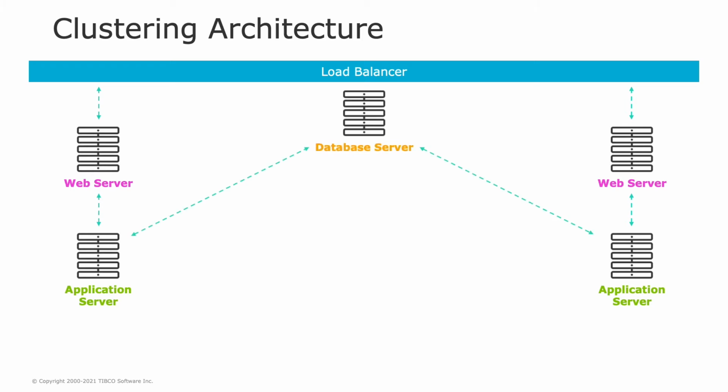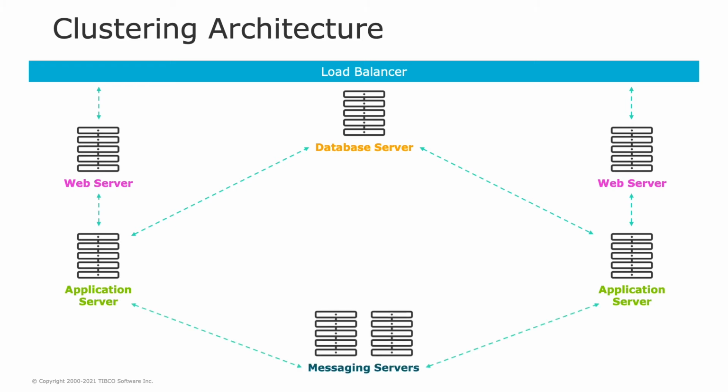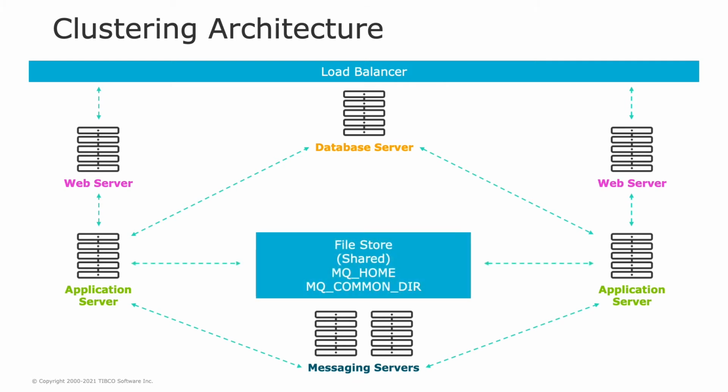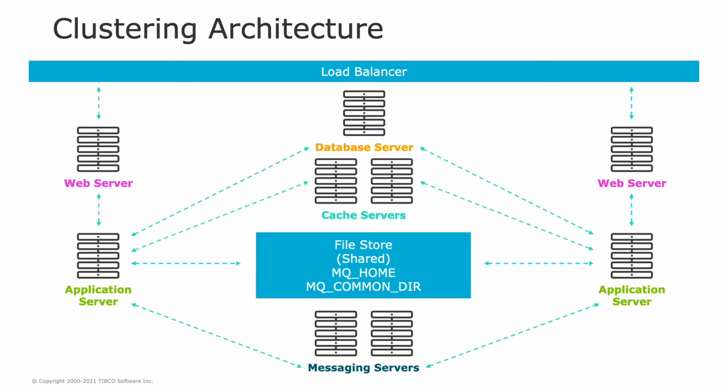All the application servers in the cluster must be connected to one active database instance. All application servers must be connected to at least one active messaging server. Ensure that all application servers point to the same shared directories. The location can be mapped to a different logical directory name for each server. Configure a cache server to cache a large amount of data. Note that the minimum requirement for clustering setup is cache, database, and messaging server, and the shared directories must be